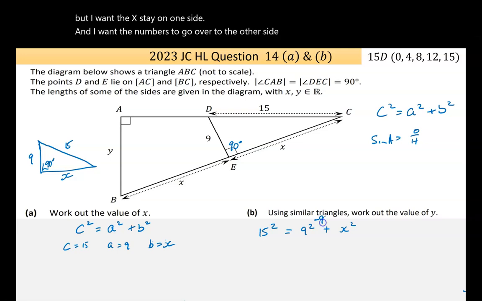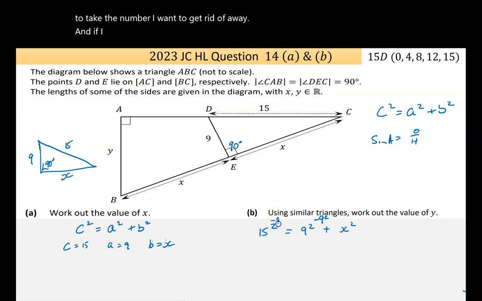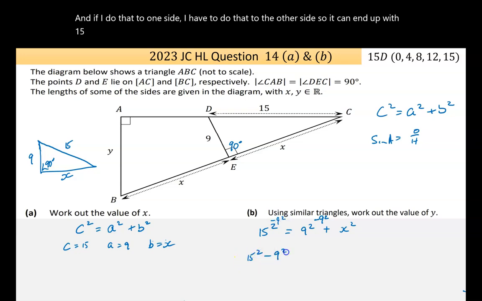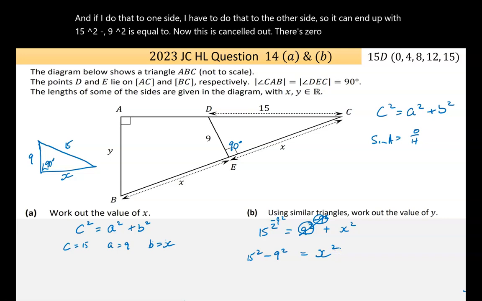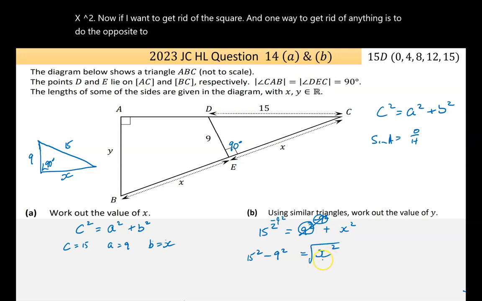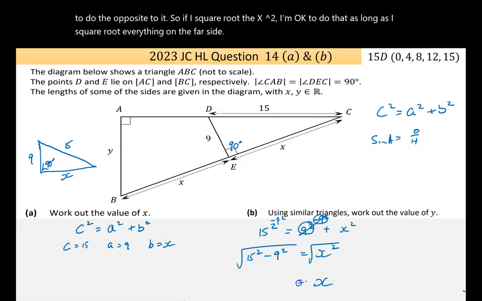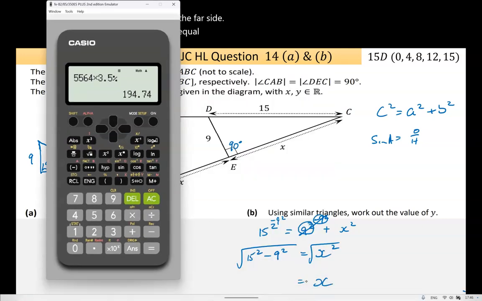Now a simple way to do that is to take away the number I want to get rid of. And if I do that to one side, I have to do that to the other side. So I end up with 15 squared minus 9 squared is equal to, now this is cancelled out, there's 0, and I'm left with the x squared. Now if I want to get rid of the square, one way to get rid of anything is to do the opposite to it. So if I square root the x squared, I'm okay to do that as long as I square root everything on the far side. And then I'm left with x is equal to